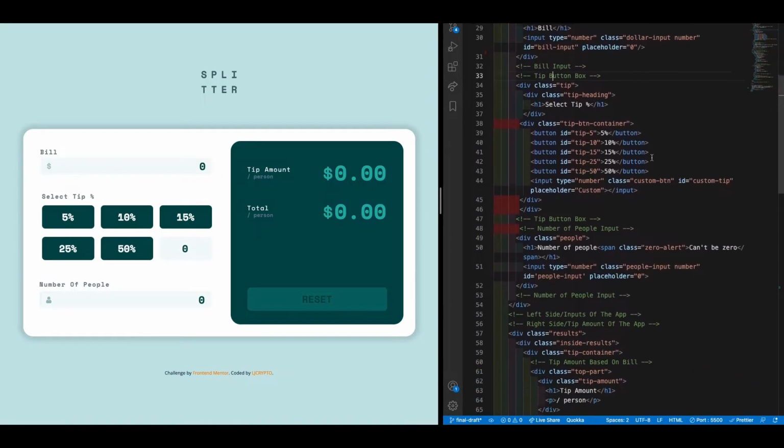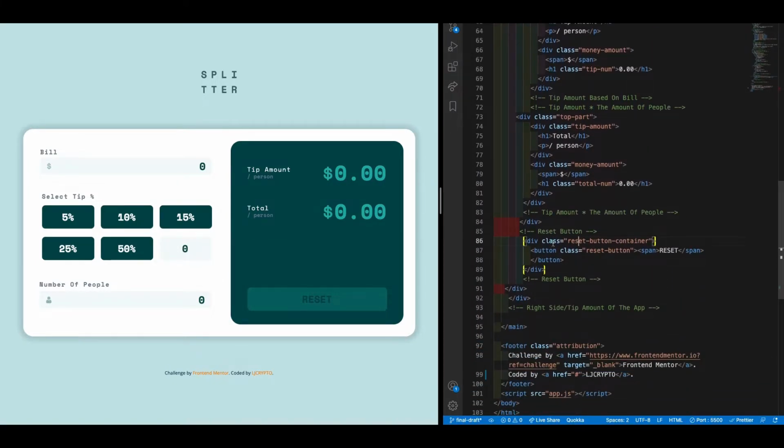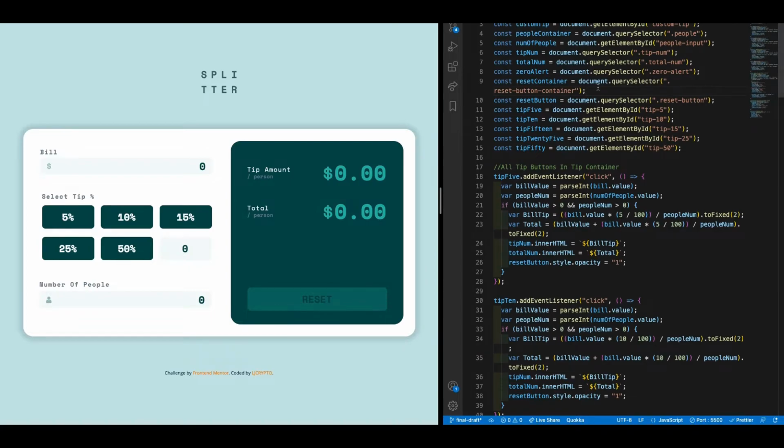Reset button container. Let's see where it is. Yeah. So basically, I am targeting this whole HTML element, right? By its class name. And this is done so that you can start adding functionality to it, right? You specify what element you're targeting by its class name or ID, and through that you can add functionality to